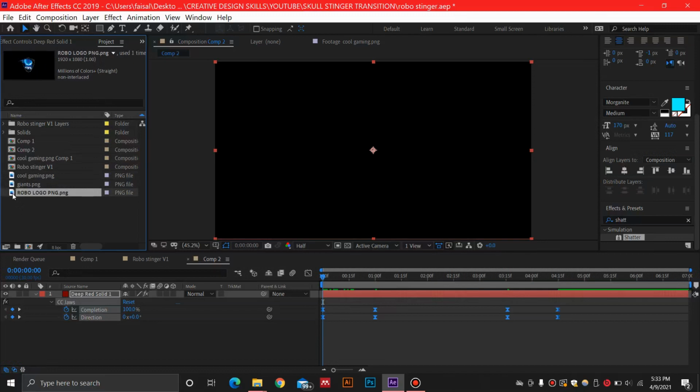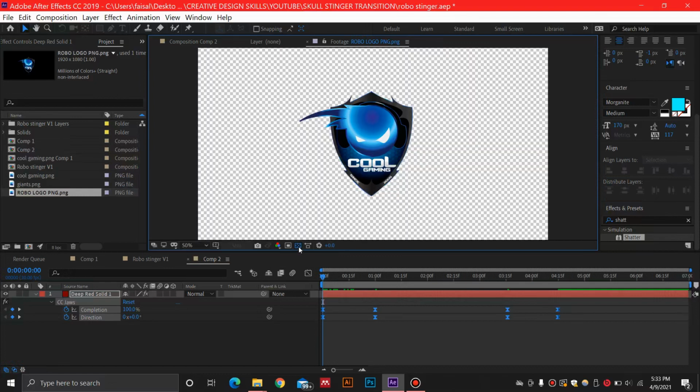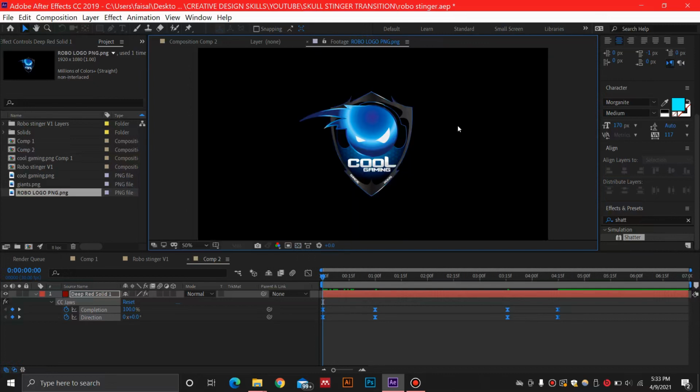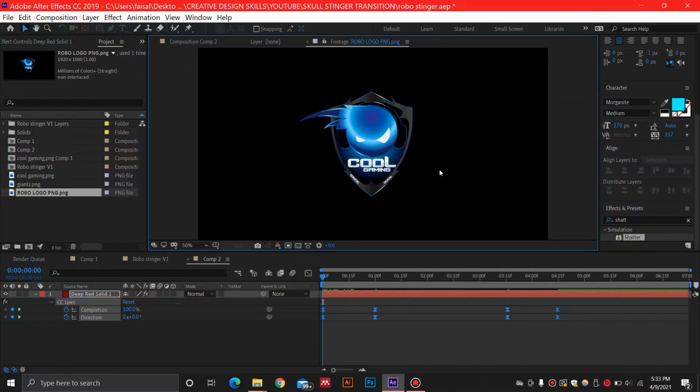Let's suppose I have this logo over here. What I did was I imported this logo in Photoshop, and then I saved it as a PNG. As you can see, this is transparent as a PNG in a 1920 by 1080 pixel background, the same as my Stinger transition background. This is really important because your shutter animation is going to play in this entire screen, and not just a box.